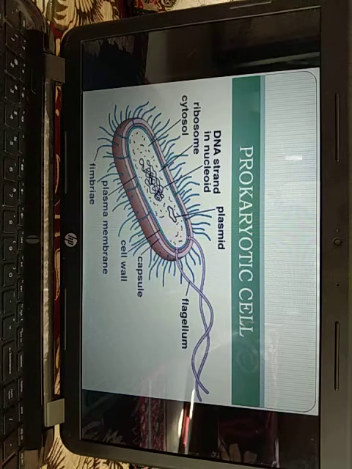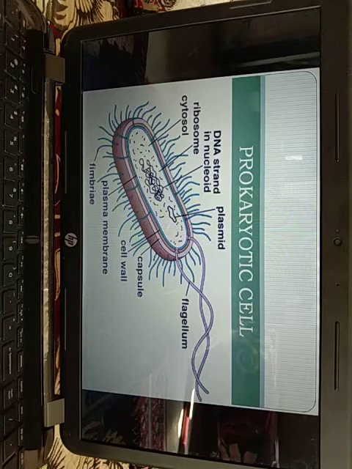For example, prevention of desiccation, that means it does not allow the drying out of the organism. Protection from phagocytes, that means other organisms cannot engulf it, or if they engulf it they will not be able to digest it. Protection from toxic chemicals and drugs. Protection from virus attachment, immunogenicity and virulence. These are some of the characteristic features of the outer covering of the bacteria, the capsule, and the significance of the capsule.